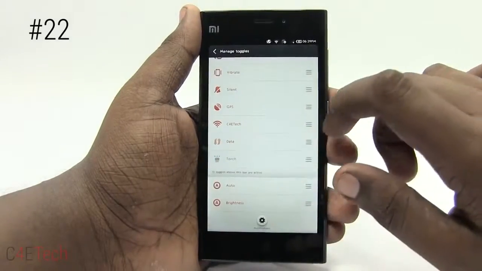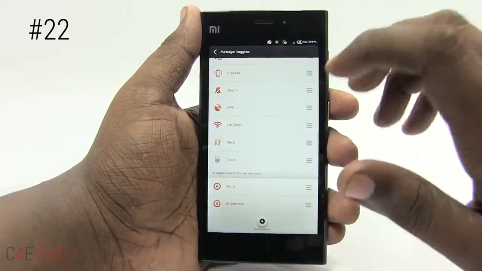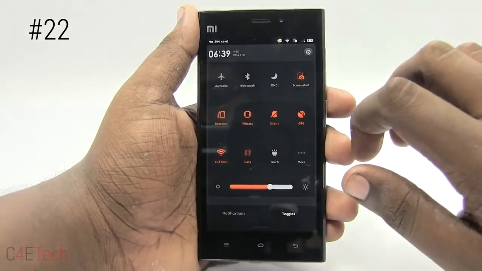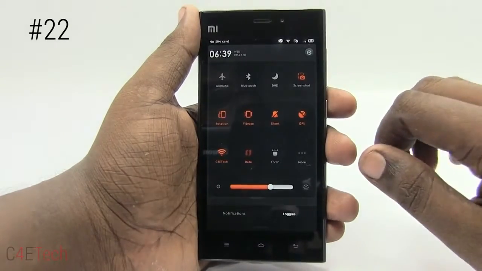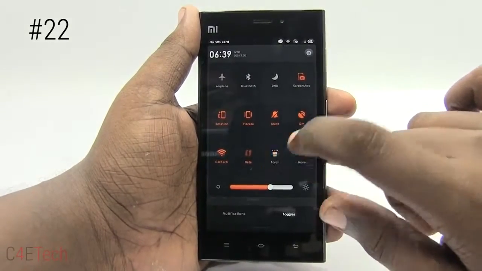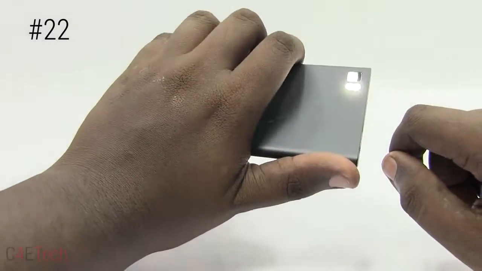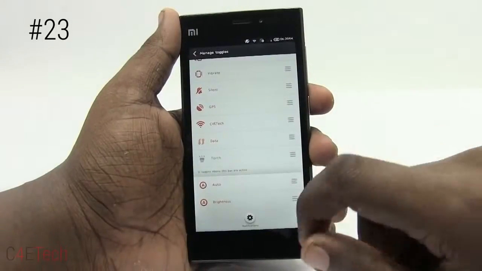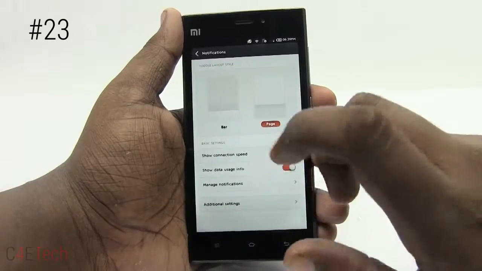Now as it says over here, 11 toggles above this little bar will be showing up in the notification bar. So as you can see, I just transferred the torch quick toggle. So if I just click on it, the torch will light up. That is notification bar. Also, another thing that you can do is go to the settings of the notification bar,